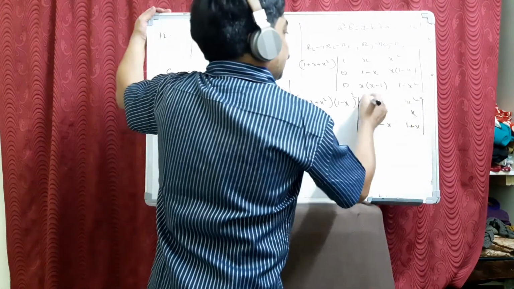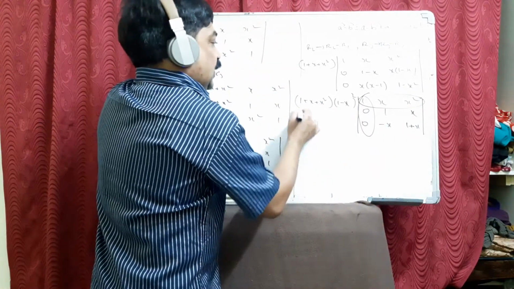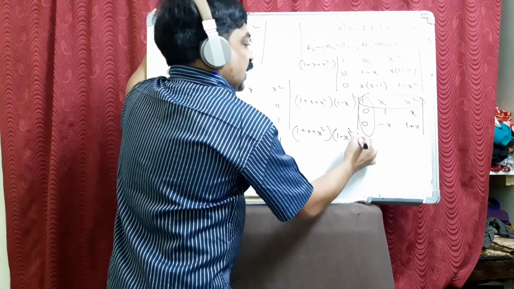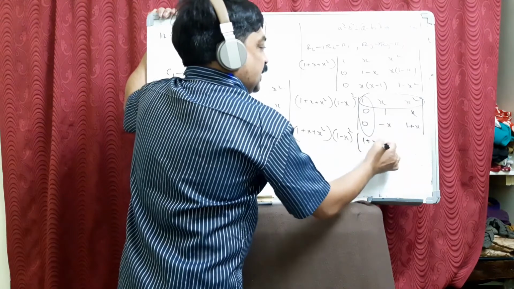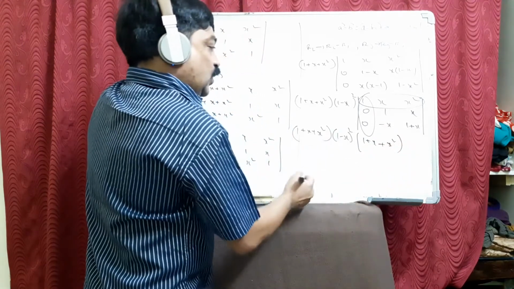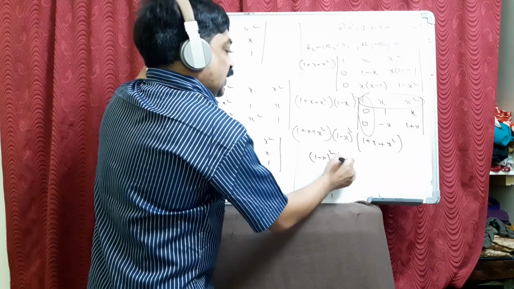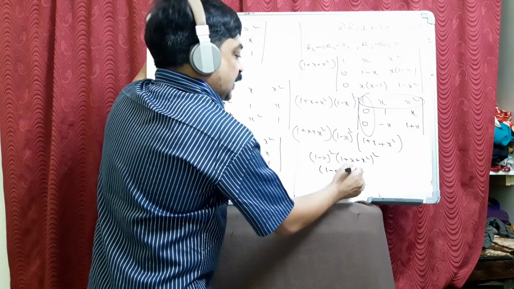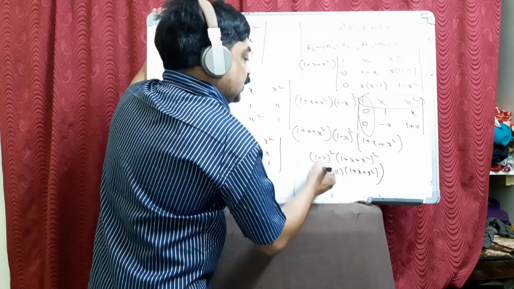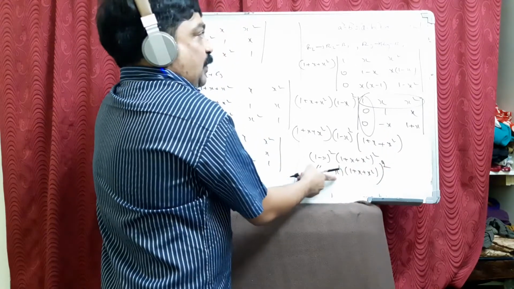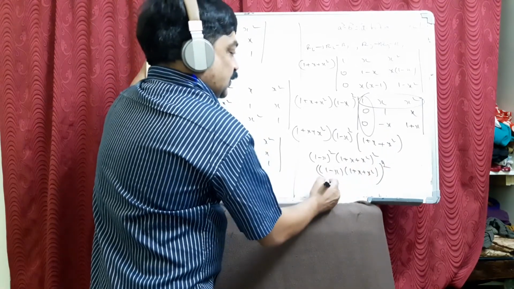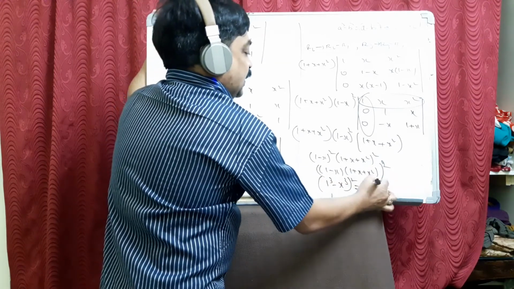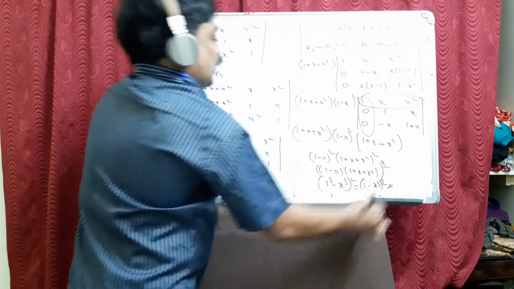Now you can apply the property. So what is left there? 1 plus x square. It is 1 minus x whole square. 1 plus x, AD minus BC, plus x square it becomes. So on the whole it becomes 1 minus x whole square, 1 plus x plus x square whole square. Take them both in one bracket, 1 plus x plus x square whole square. So that it looks like a minus b into a square plus ab plus b square, a cube minus b cube whole square. It becomes 1 minus x cube whole square.